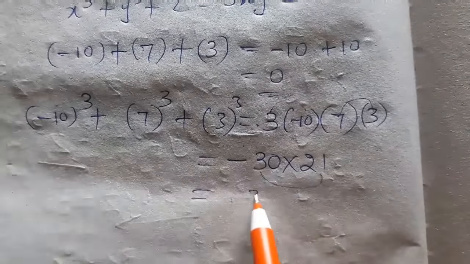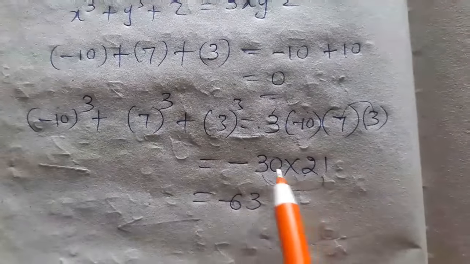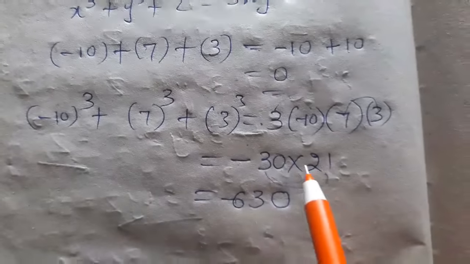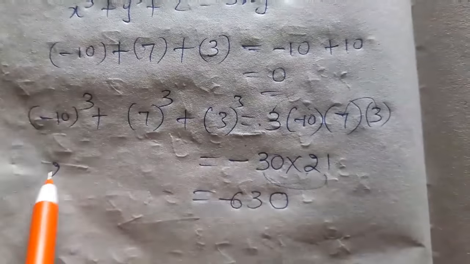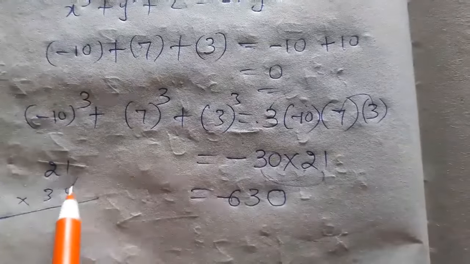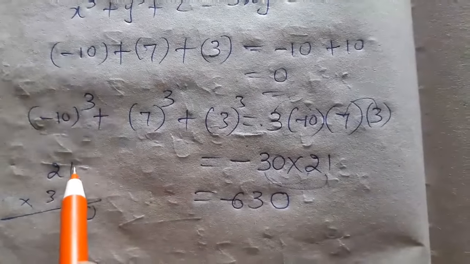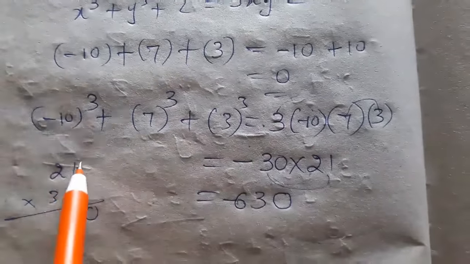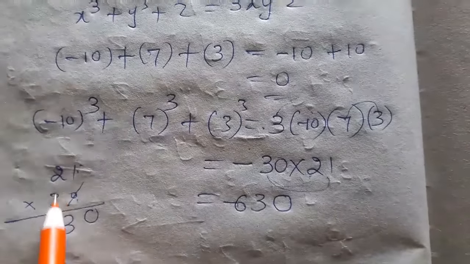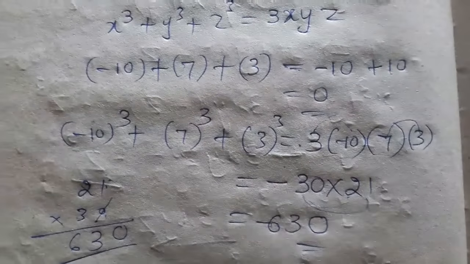That equals, see here, 3 ones are 3, 3 twos are 6, minus is there, and 0 is put as it is. So this 21 into 30, write 0 directly, or you can do it like this also: 1 into 0 is 0. Now 1 into 3 or 2 into 0 gives 3 only, 2 threes are 6. You got it? Yes. This is the right answer of the given question.